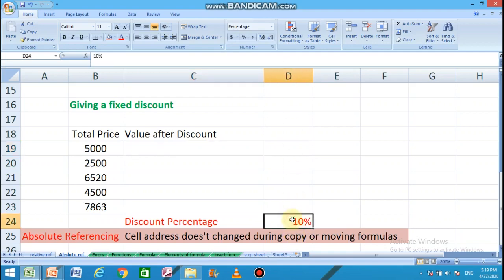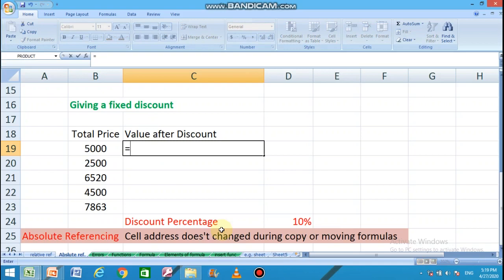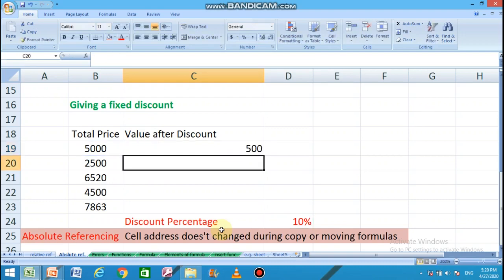The address of this cell is D24. Let us type the formula: equals 5000, which is in B19, into D dollar 24. Press enter.